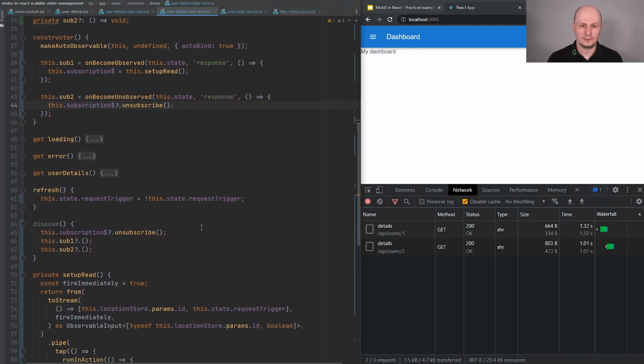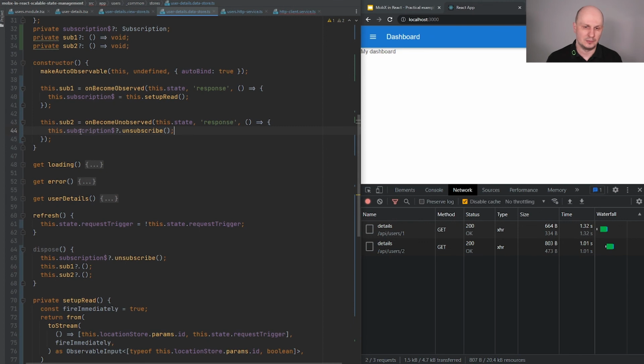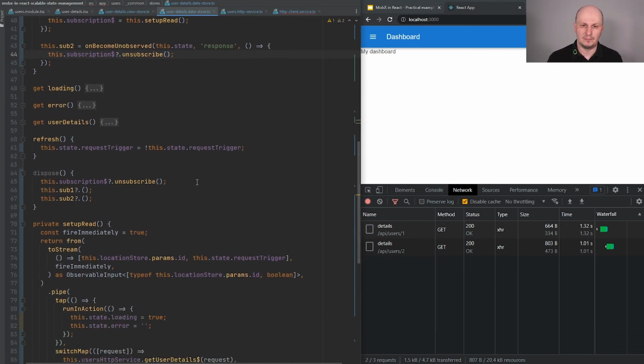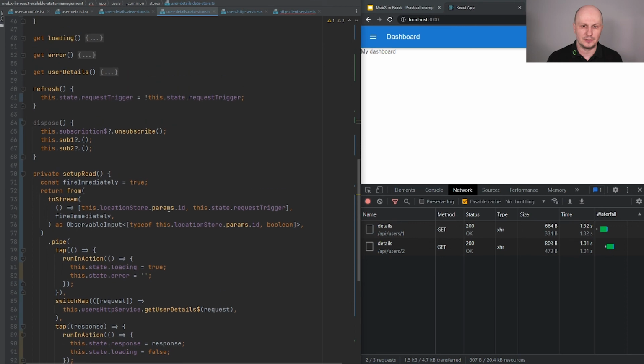So our code for handling very complex user interaction for fetching data from the backend has been configured only in the user details data store, nothing elsewhere. We didn't have to use useEffect in components to refresh the data or start fetching.